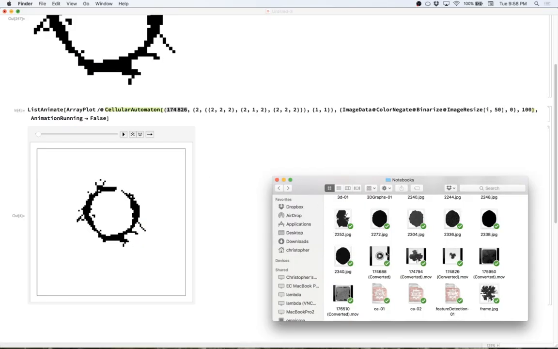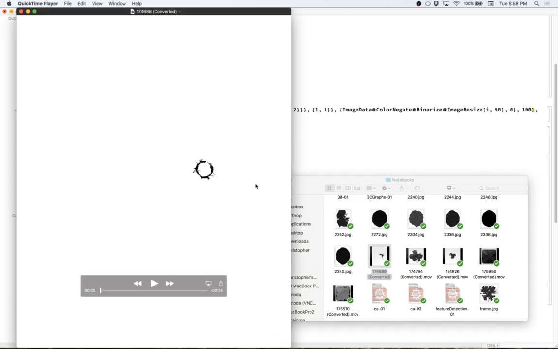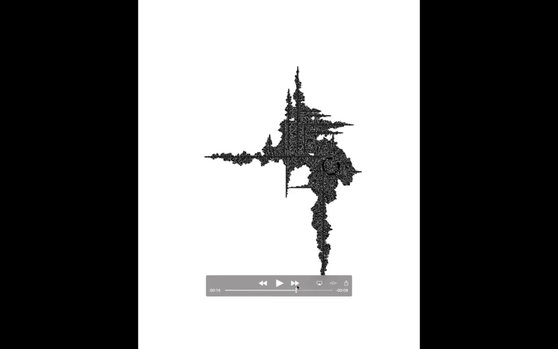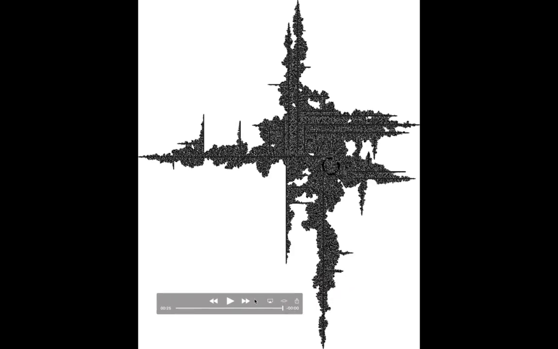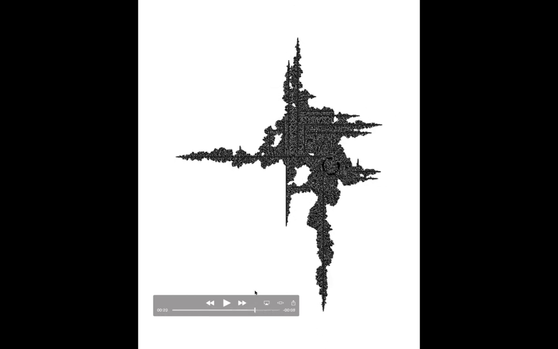But right, so that was one of them that we found. And then there's some other good ones. For instance, there's this one, which is another one that kind of looks like ink spreading, but which has these nice offshoots at right angles. We can watch this one too. So there were lots of nice rules that we found for these things that made these visually nice